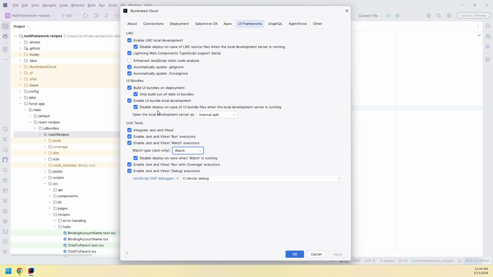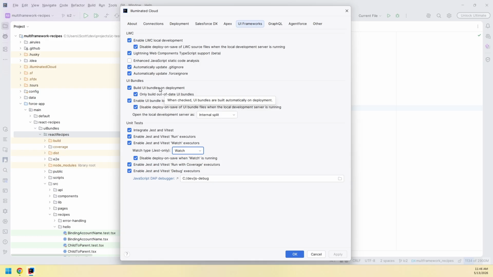But the new section here in the middle for UI bundles is obviously in support of this new feature, but conceptually the options themselves are going to reflect things you've seen before. For example, in LWC TypeScript development, Illuminated Cloud will automatically compile your TypeScript into the corresponding JavaScript for deployment because the server expects JavaScript, not TypeScript. Similarly, these UI bundles need to be built before they're deployed, and so Illuminated Cloud can help to build those before they're deployed. Now, this is a somewhat expensive, computationally or time-wise expensive step,